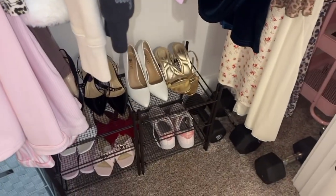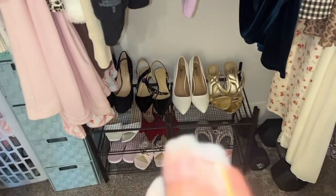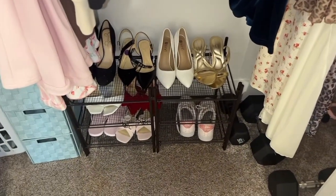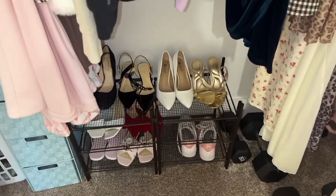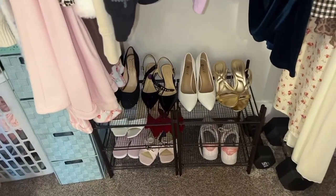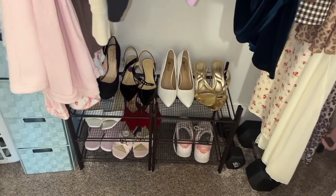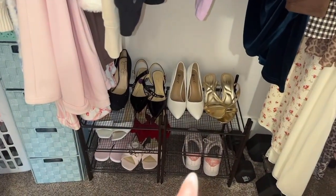And then down here, we have my shoes. So I also tried to organize these, but really I think I need a better shoe organization system, because I actually have even more shoes than these, but some of them are just downstairs right now. But this is just what we've got right now. So I just have a bunch of my heels on the top, and then some tennis shoes